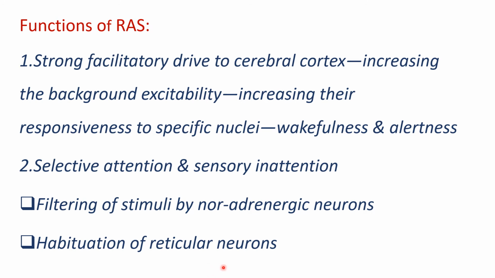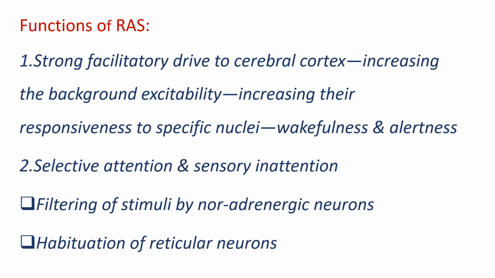Secondly, because of the habituation of the reticular neurons. What do you mean by habituation? Habituation is basically a simple form of learning. It helps you in learning, in which a neutral stimulus, when you are repeating it many times, you get habituated to that particular stimulus. That is, you become habitual to that particular thing. Same applies here also. Initially, when a novel stimulus is given, novel means new, not the novel coronavirus, a new stimulus is given, it will evoke a reaction, the orienting reaction.